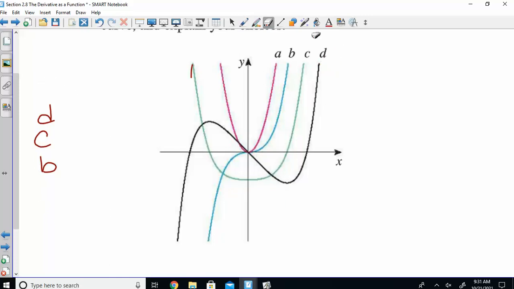Okay, so now we need to look. A is the only one left. Either A is the derivative of B, or A had to be the first function. Okay, so let's check. If we find B, where would it have a horizontal tangent line? Just right there at 0. This graph is always increasing, so the derivative should always be positive. Does A match that? Yes. So that means D was the first, or the original function. C would be the first derivative, B the second derivative,